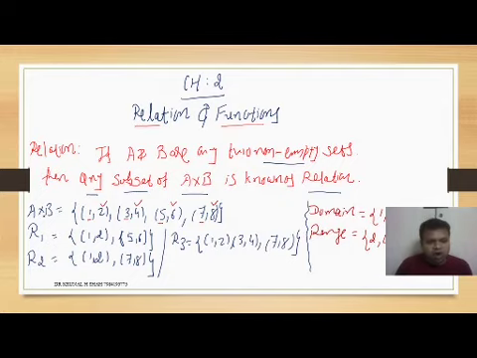Once again, your 1, 3, 5, 7, जो भी आपका डोमेन है, that must belong to the first set. वो first set के ही एलिमेंट होते हैं. The range, that is 2, 4, 6, 8, must belong to the second set. Got it? Sure. Once again, A क्रॉस B में पहले एलिमेंट से डोमेन मिलेगा, दूसरे एलिमेंट से रेंज मिलेगा. Is it okay? Sure. Okay, and make a note.